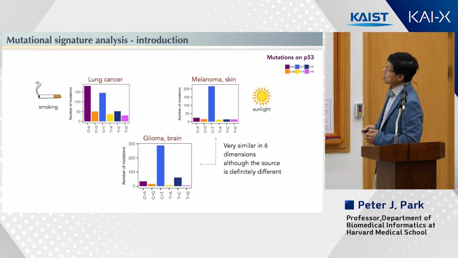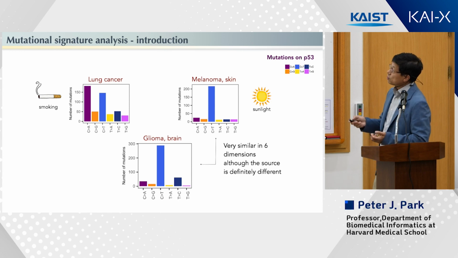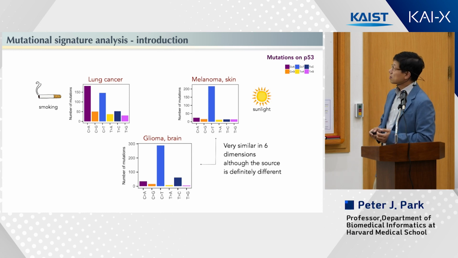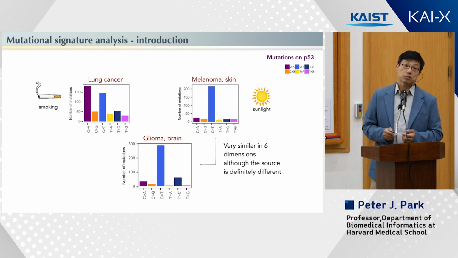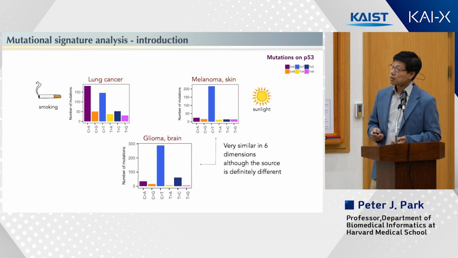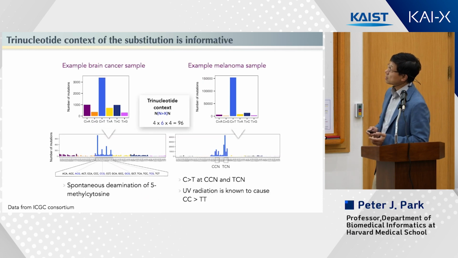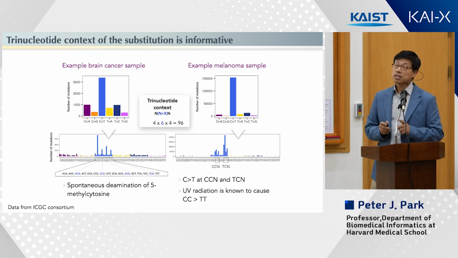If you sequence gliomas, you actually see something that's similar to melanomas. A lot of C to T. But the sources of the mutations for these two cancer types are very different. Well, it turns out that if you look at not just a single base, but its neighboring bases,